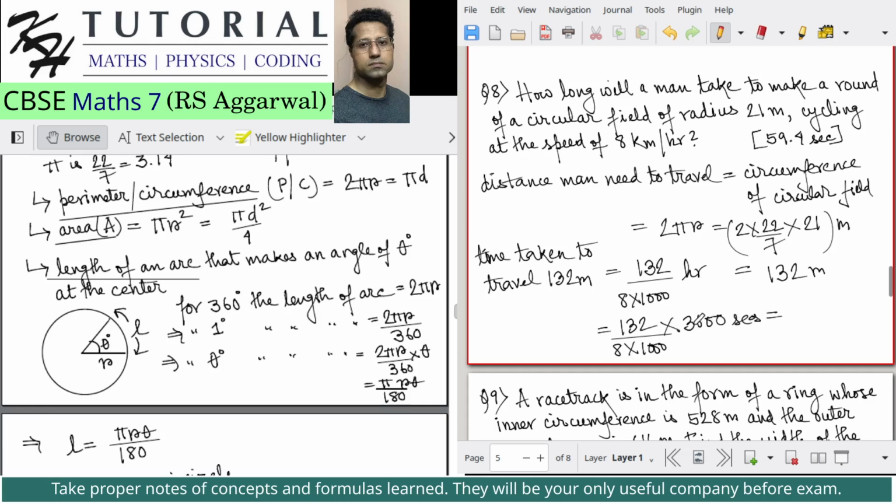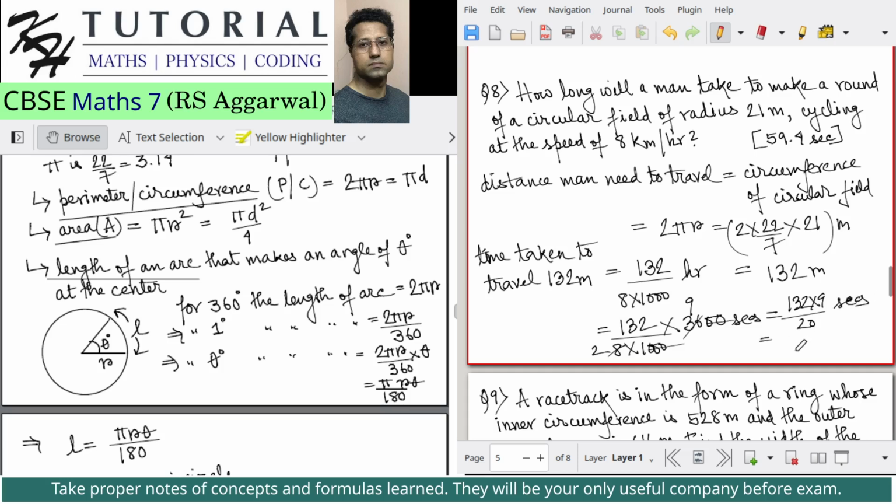Now if we simplify, the zeros cancel out, 4 cancels, and so this is basically 132 multiplied by 9 divided by 20